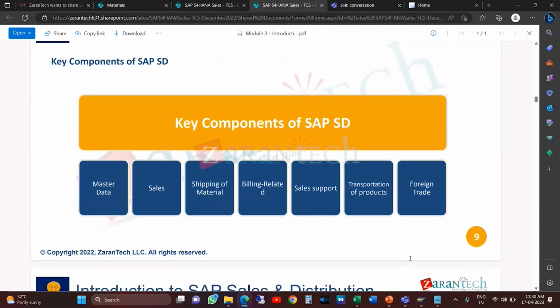Are the key components, master data. So basically customer master data and the material master data. So basically two main masters in SAP: one is the customer master, another is the material master. And also one more thing is the customer info record. So three basic